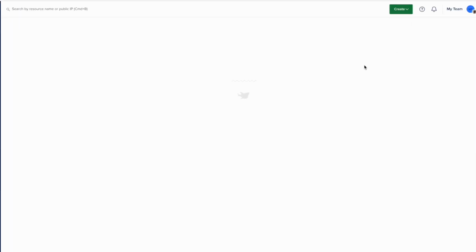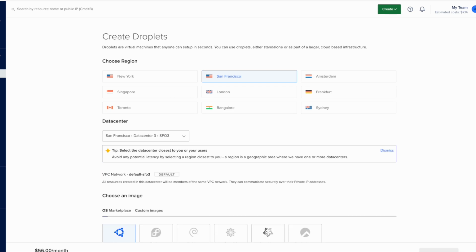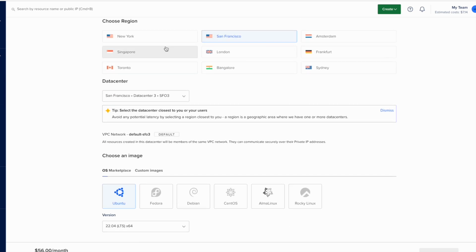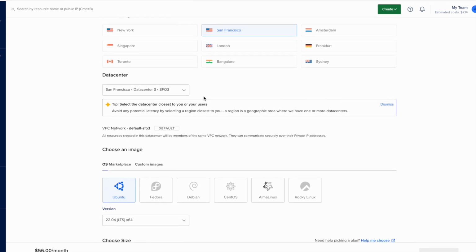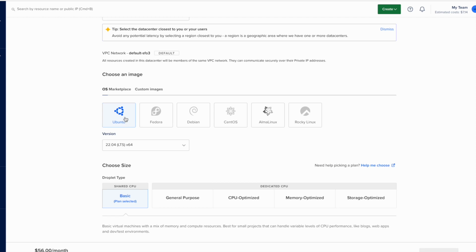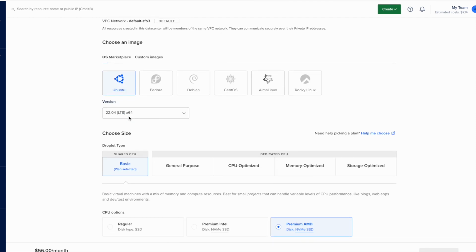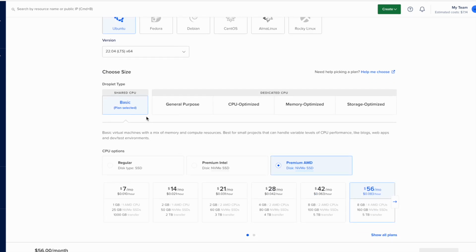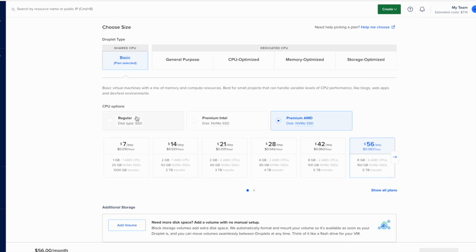So I'll click here on droplets. You can click on the left menu bar as well. Select whichever region you're comfortable with. And then we'll be using the Ubuntu Linux image. The version is the latest one. And then we'll have the basic type, but